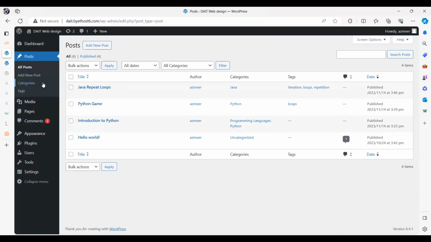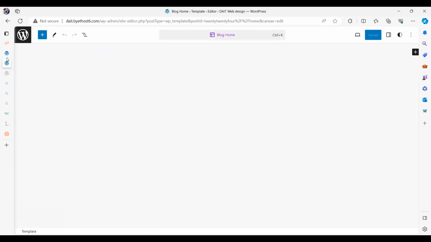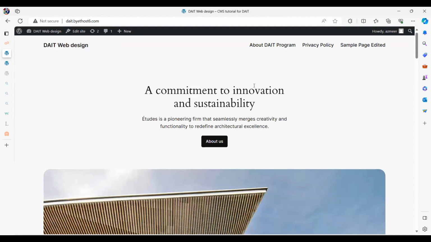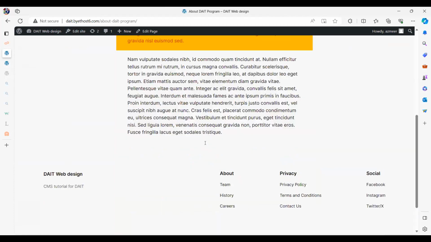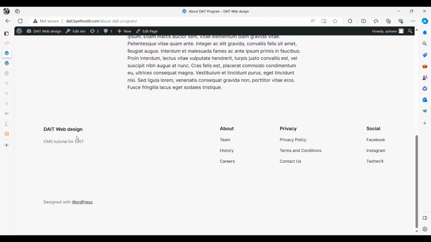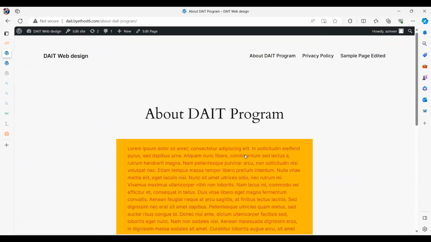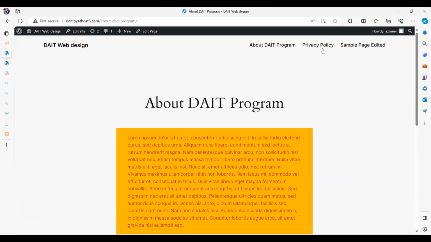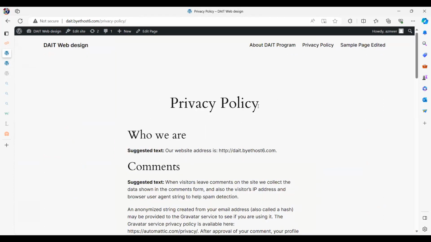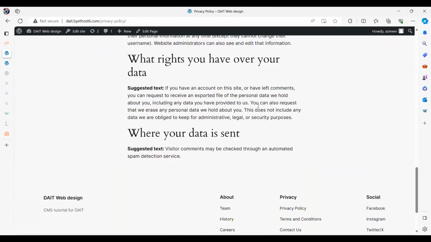Can we wait for that to load? These are the pages we did the other day, right? Oh, by the way, did you also notice we have a footer here now? I didn't add any of this, but they are all part of my theme. So we are free to edit these pages, do any customization, and if you don't like it, you can change the theme and go ahead with that, right? These are things we added last week.